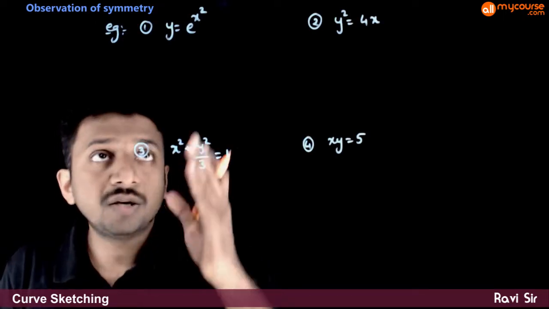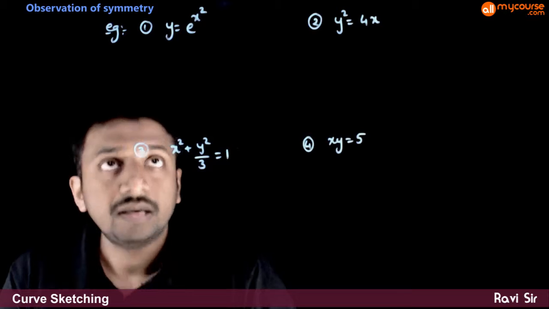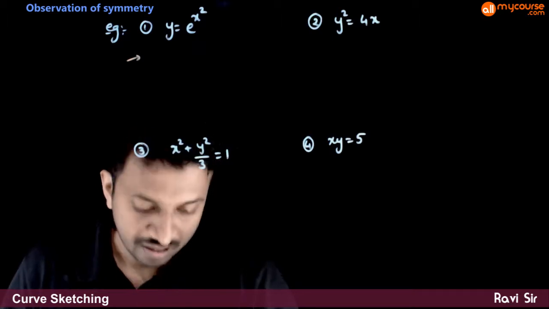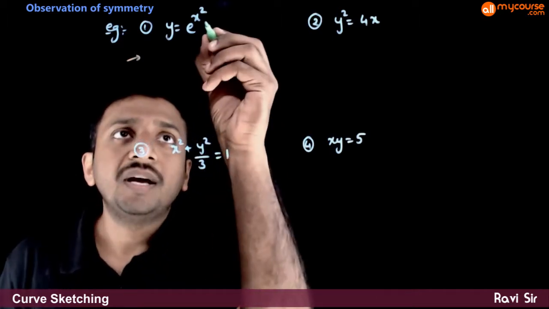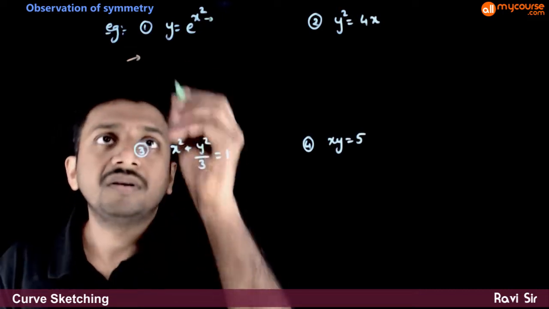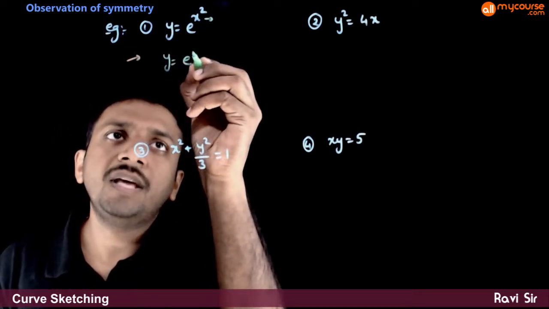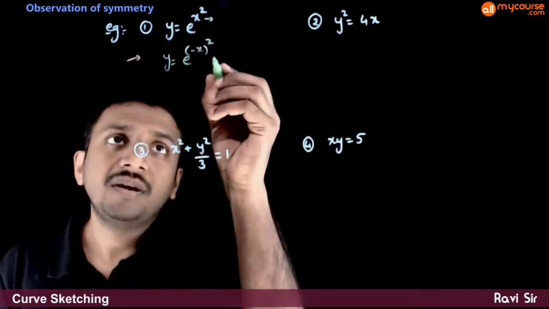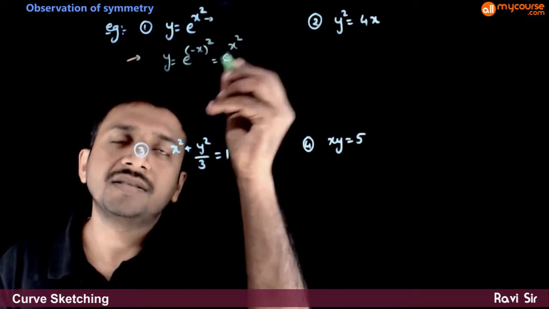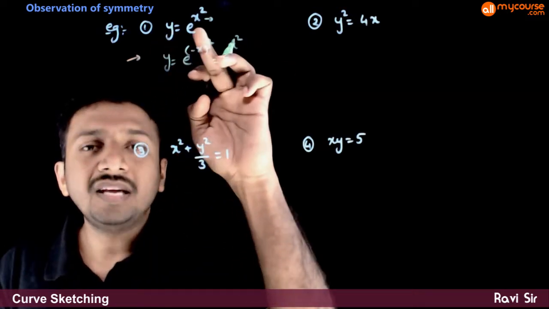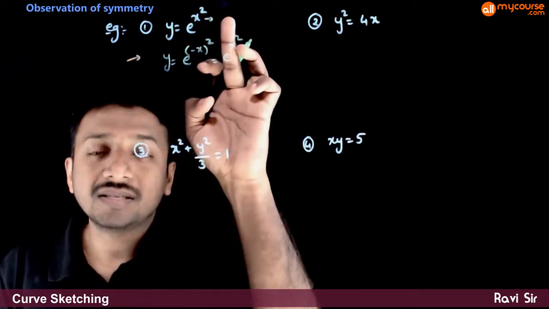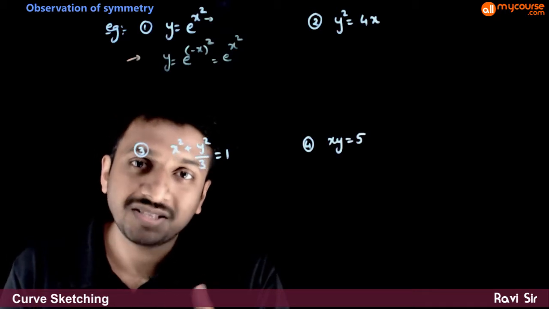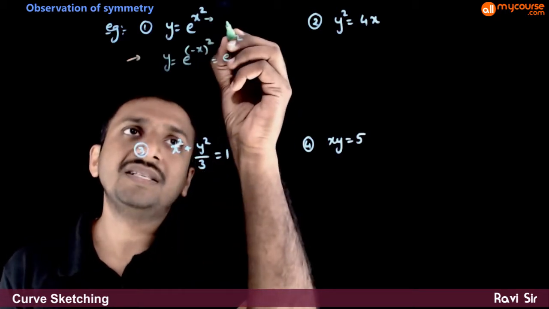For example, let us look at these 4 curves. The first curve, y is equal to e power x square. In this curve, if you put minus x in the place of x, the curve becomes y is equal to e power minus x whole square. But minus x whole square is same as x square. So y is equal to e power x square. If you put minus x in the place of x, the curve is not changing. That means this curve is symmetric about